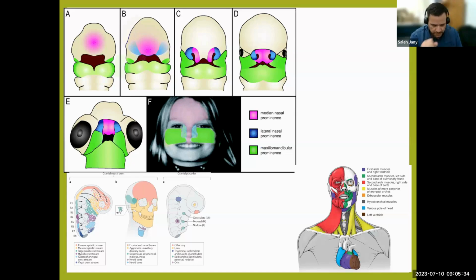There was a book I was reading recently about electricity, which guides the cells to migrate toward a certain side. This is when the embryo starts growing. These are the mandibulomaxillary processes. They grow together and meet in the middle. There are electrical currents and electrical charges that guide them to meet in the middle. So that's a new thing.